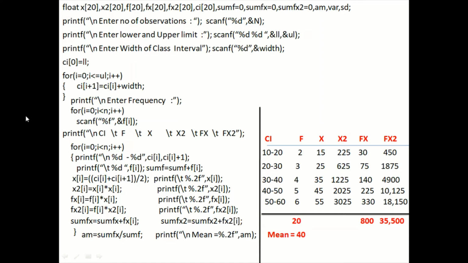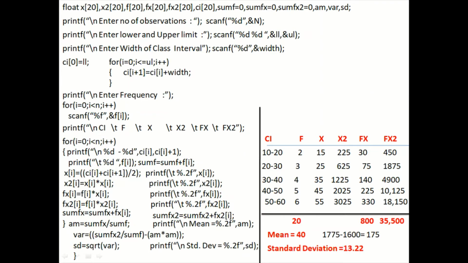So now what is remaining? The remaining is standard deviation. Let us see. Before I find the standard deviation, let me find the variance. Variance is equal to sum fx2. What is sum fx2? 35,500. Divided by sum f. How much is it? 20. Right? So 35,500 divided by 20 will give you